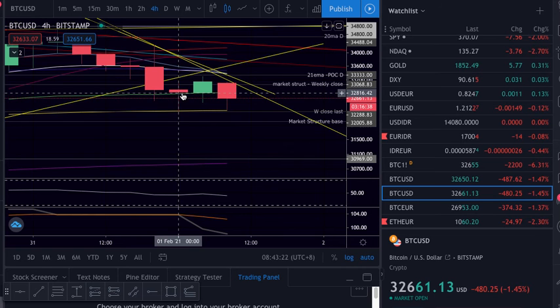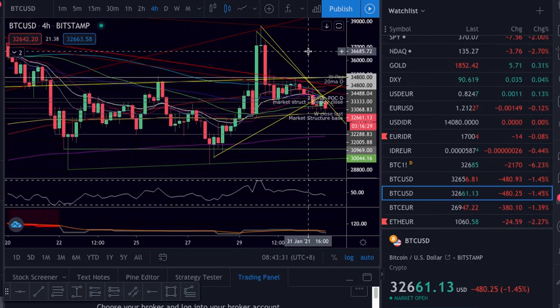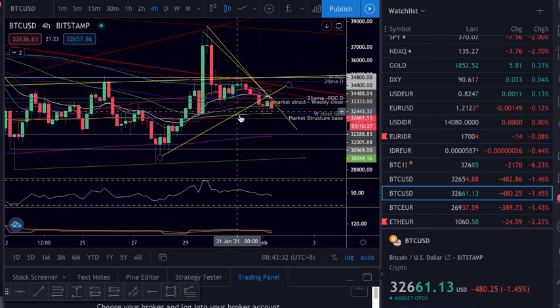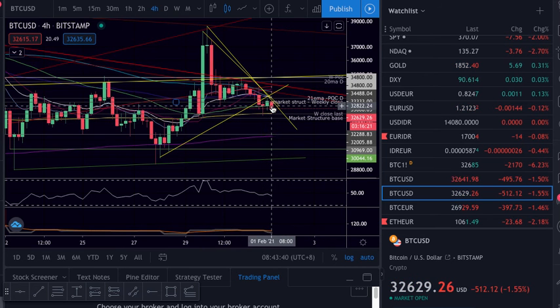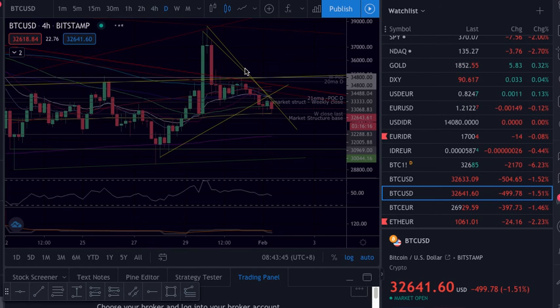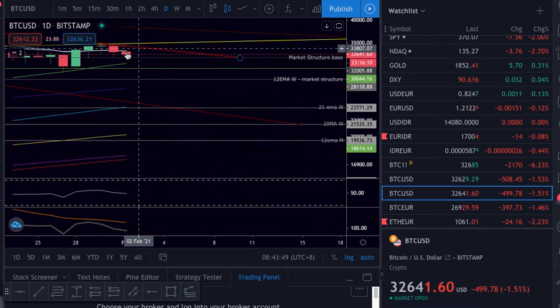So resistance now is basically this candle here, which is aligned with this candle close. Okay, so this is it. The targets were given. For a bullish move, people who want to buy, it's not here. I recommend to buy basically on the daily above the 21. So on the daily, if someone wants to buy, these candles need to be green and start to close with